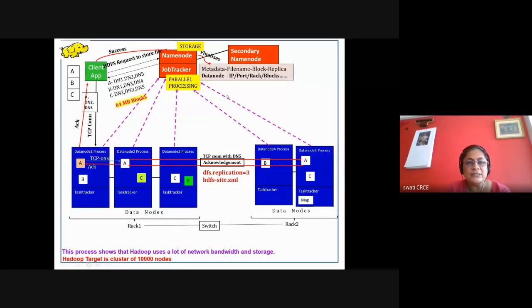Now, all these data nodes are slave computers, and this is your master. These slave machines send their heartbeats, or you can call it a hello packet, at some time interval to the name node.